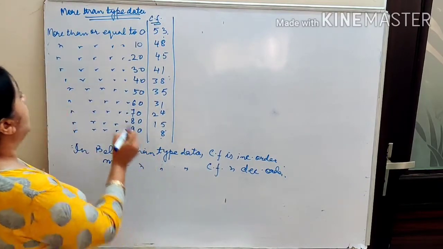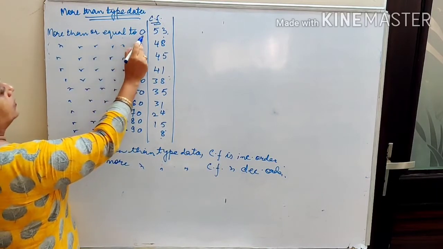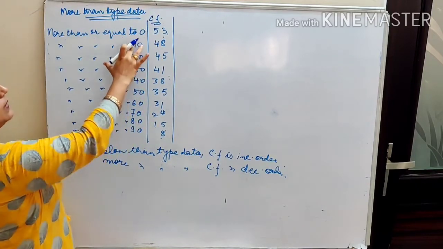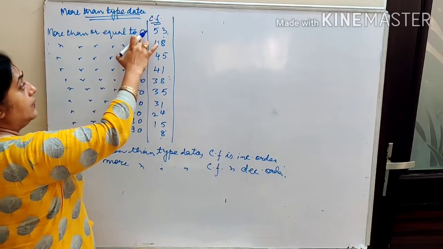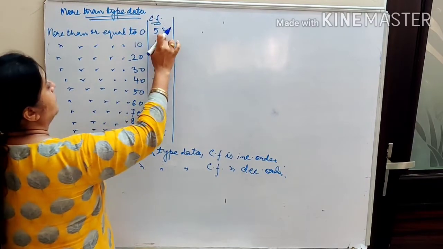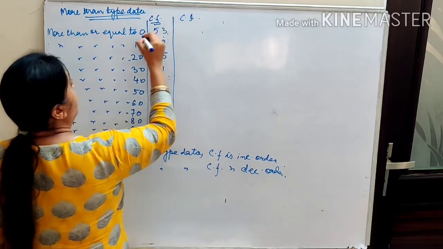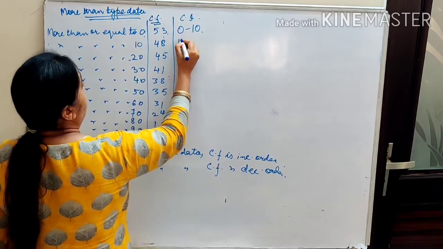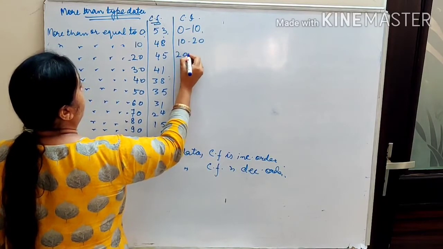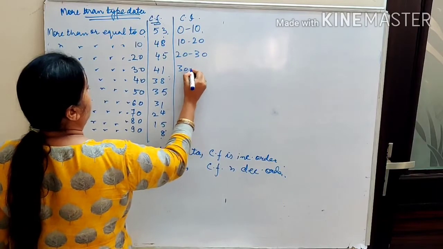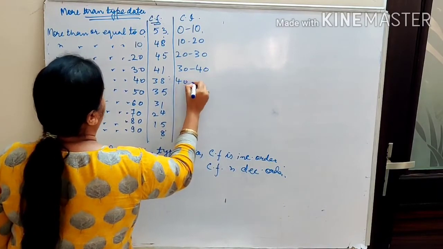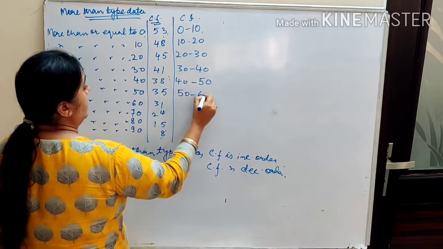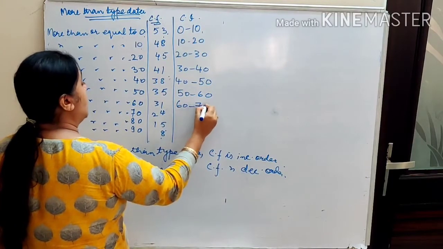तो how to convert? What is written? More than or equal to 0. 0 और 90 का total. More than or equal to का मतलब क्या हुआ? 0 से लेकर including 0 to 90 it is 53. तो आपका class interval since it is the gap of 10 only, तो ये बनेगा 0 to 10, 10 to 20, 20 to 30. पहले तो आप स्प्लिट अप करोगे ना इसको स्मॉल इंटरवल्स में, because ये क्यूमुलेटिव डेटा आपको दे रखा है. तो what you are going to do as we have done in below type data also, हम इसको कन्वर्ट कर रहे हैं.